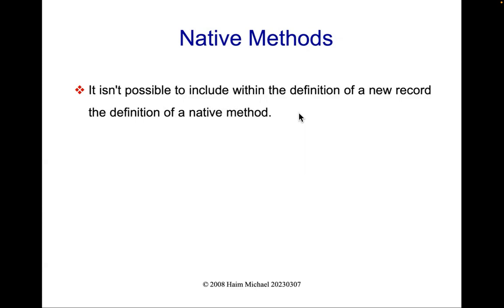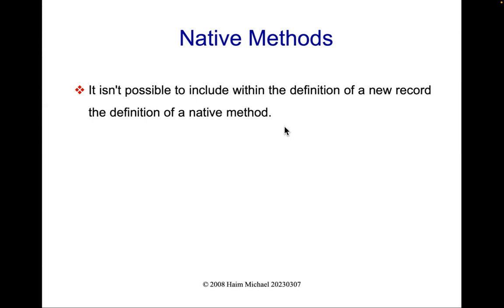It will be usually in C++, for instance. It is a mechanism that allows us to write code in Java that uses or executes code in C++ whenever we need performance. If you, for instance, develop a voice over IP system, then you will probably need this type of method. So bottom line, when you define a record class, it is not possible to include the definition of a native method, and it makes sense. We don't need it